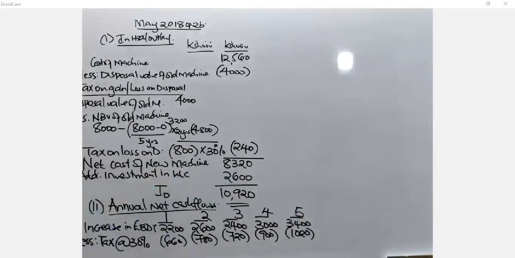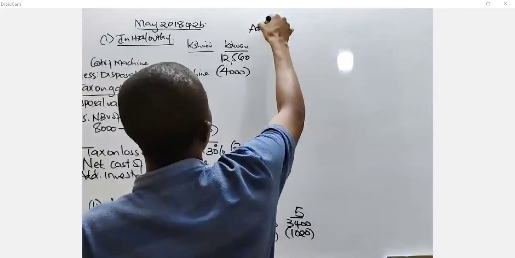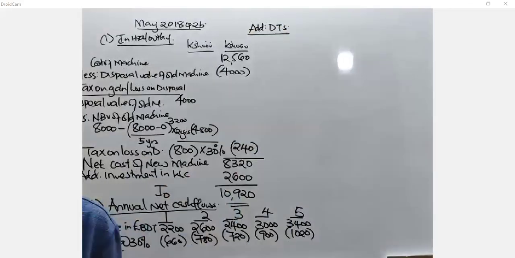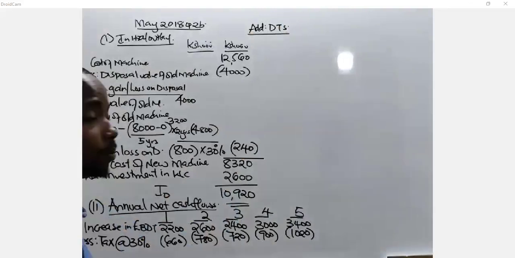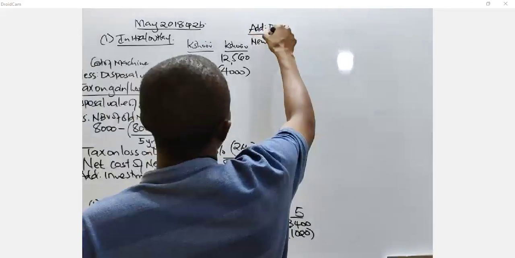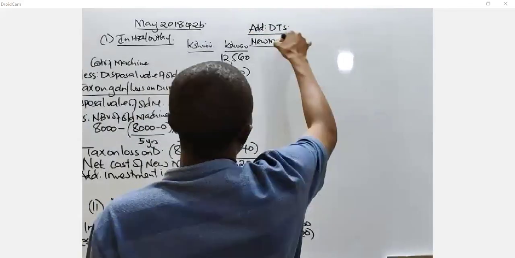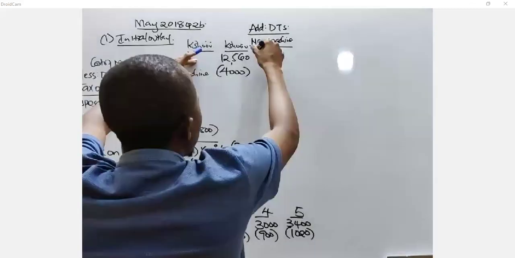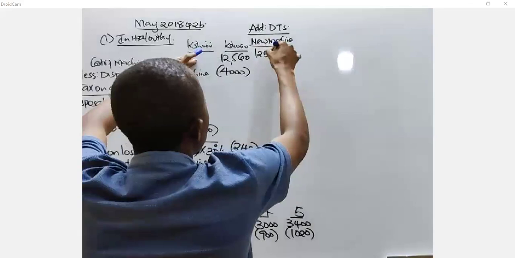Now, after you do so, I need you to add depreciation tax shields. And this depreciation tax shield we normally take for the new minus the old, right? So in this case, let us calculate the depreciation tax shield for the new machine. How much is it? You can compute by yourself. What is the cost of the new machine? I can see somewhere here the cost of the machine is 12,560. So I just need to take 12,560 minus